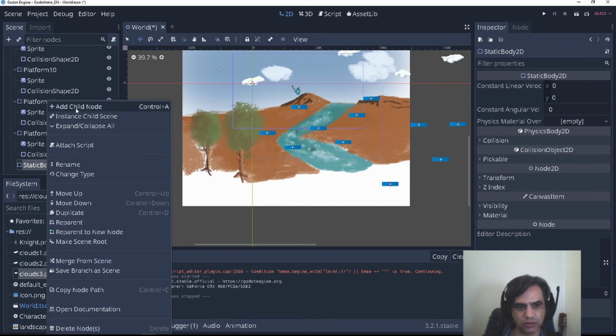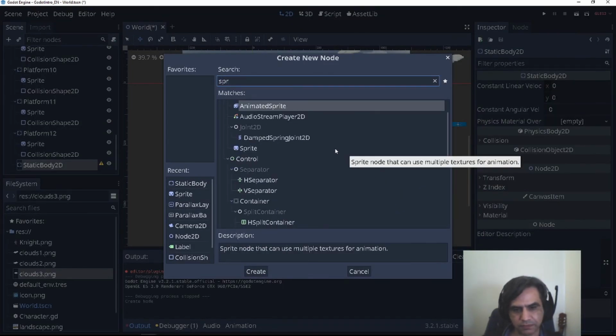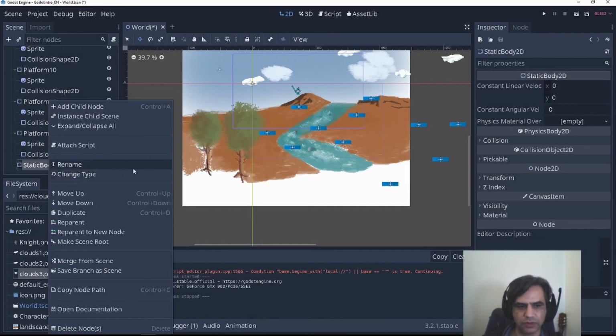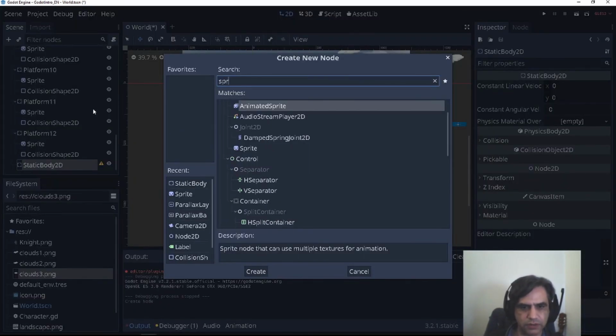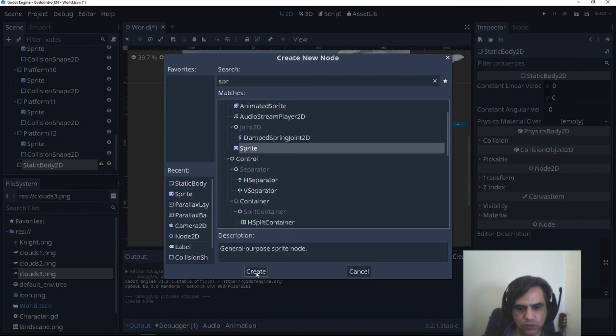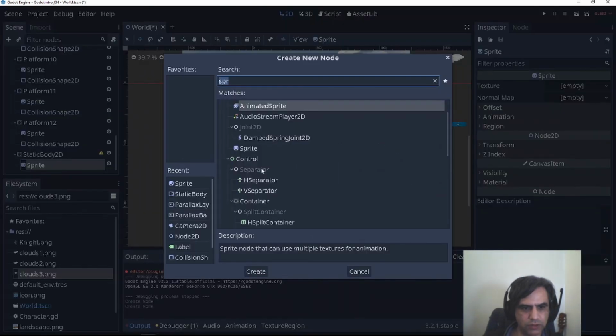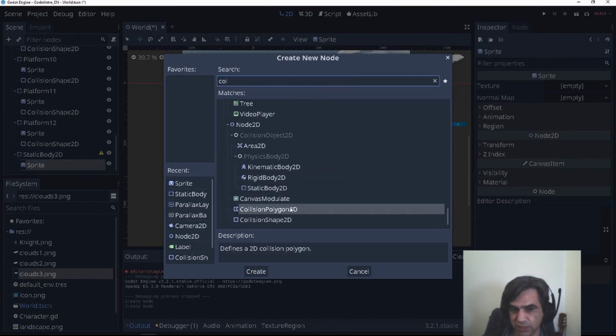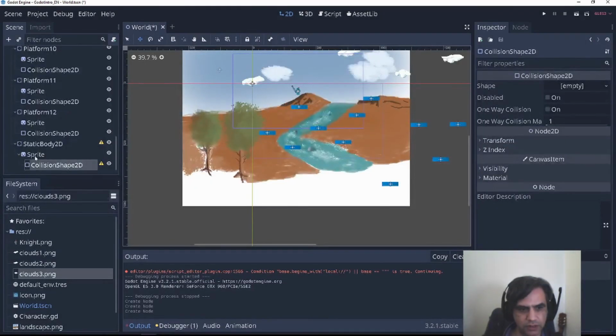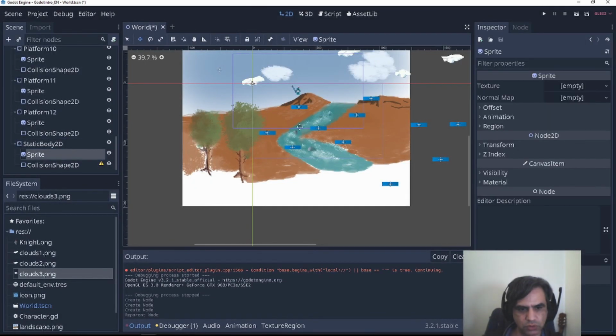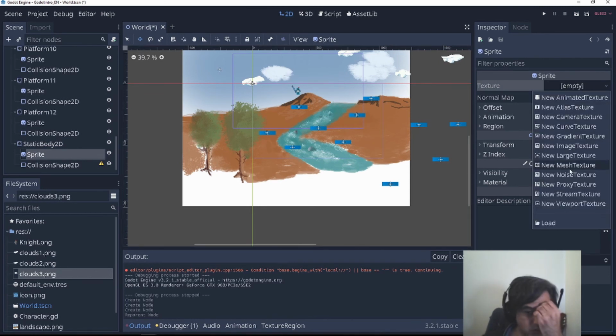So I'm going to add one sprite. The sprite, I think, can be the other one. No. I need to have a new sprite. Add sprite. And I'm going to add collision shape for it. And this is going to be, I'm going to do the same. So can I load that gradient?